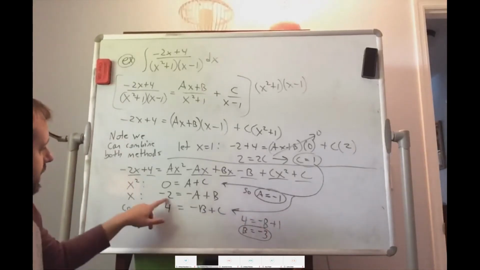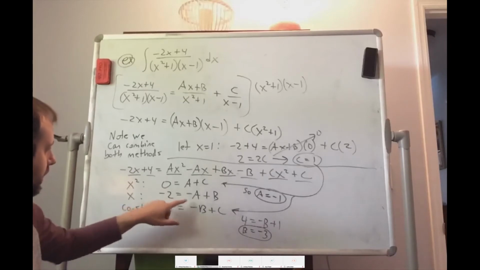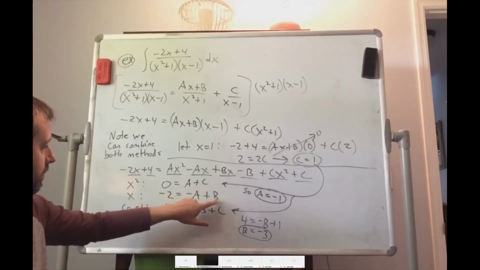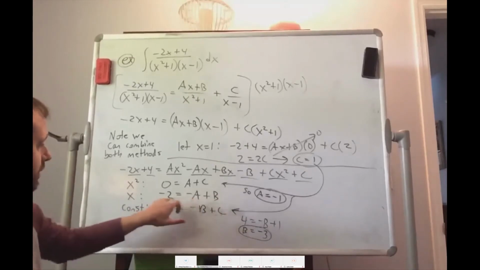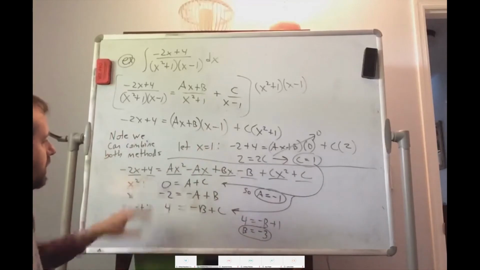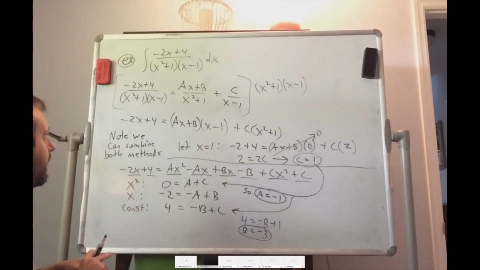Probably not a bad idea to just double check that the middle equation still works and you didn't do anything wrong. So minus a is plus 1. 1 minus 3 is -2, and that checks. So we solved, by using the two methods together, we solved this equation. So now